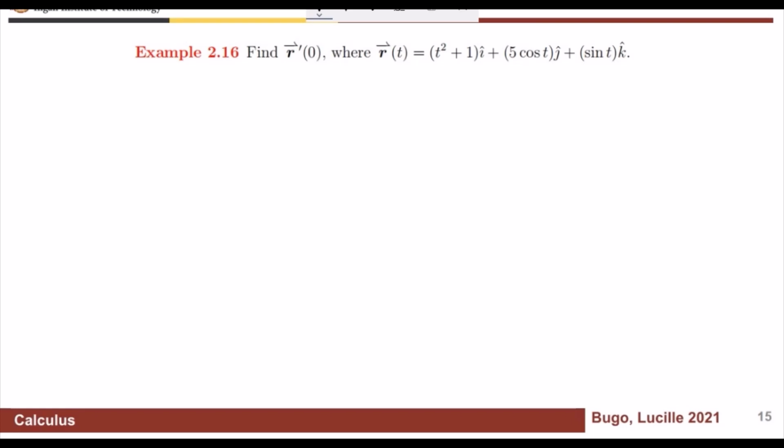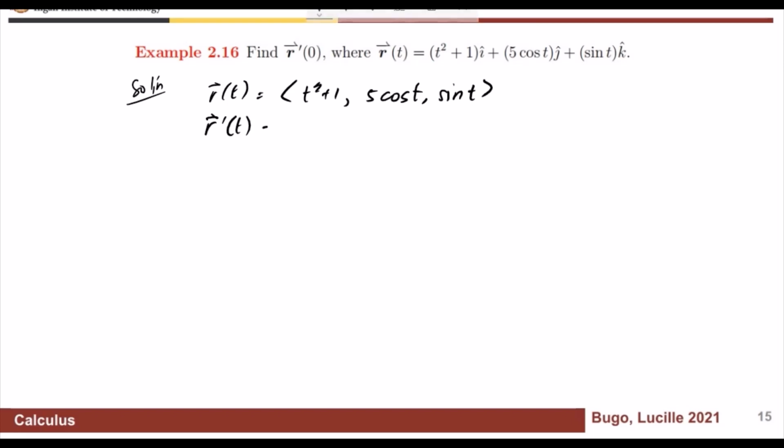So for example, find r prime of 0 where r of t is equal to t squared plus 1 i hat plus 5 cosine t j hat plus sine t k hat. So I will just use this notation for r of t. So we'll use the components t squared plus 1, 5 cosine t, and then sine t. And then the r prime of t